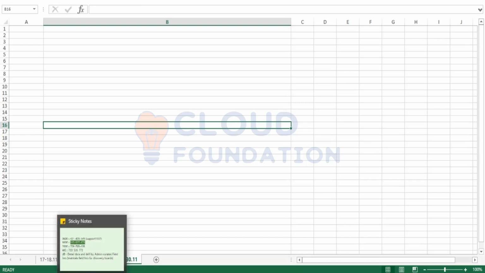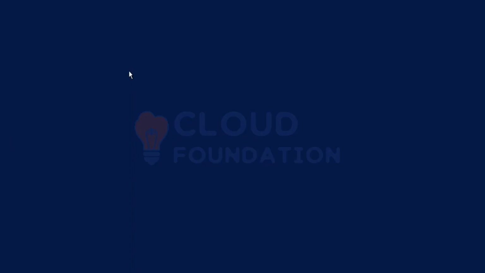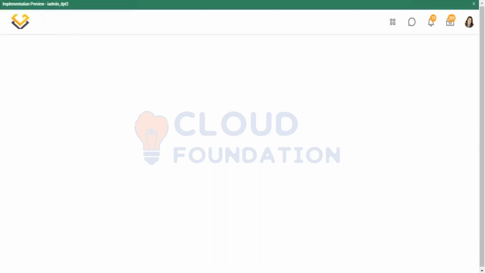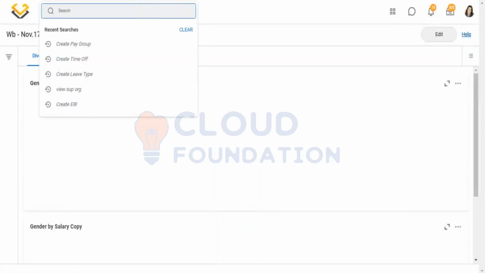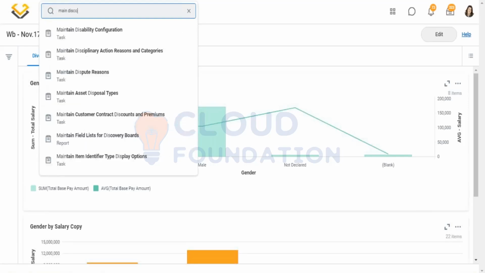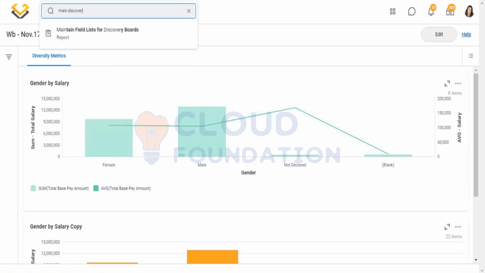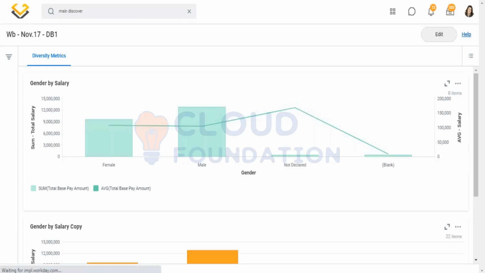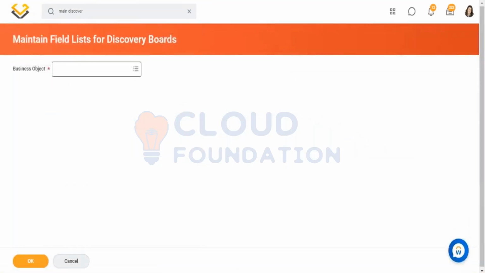and the task is maintain field list. I forgot that task. Okay, so the task is maintain discovery. So the task is maintain field lists for discovery boards. So if I go to this task, okay, now